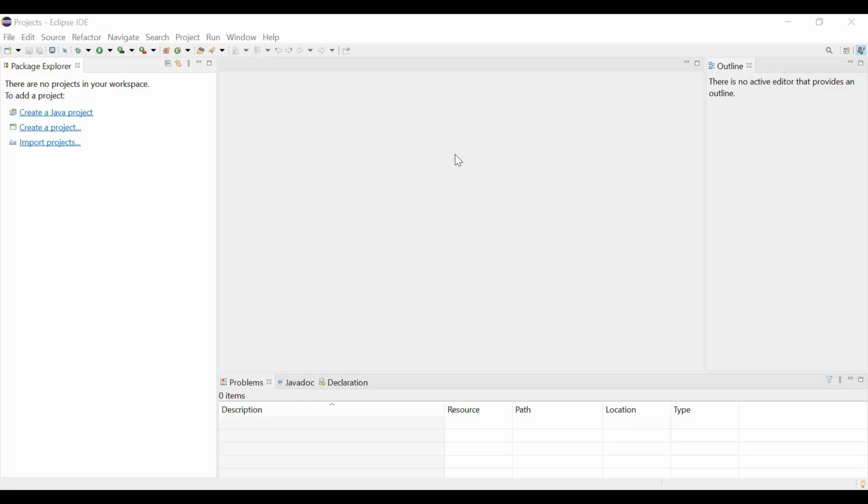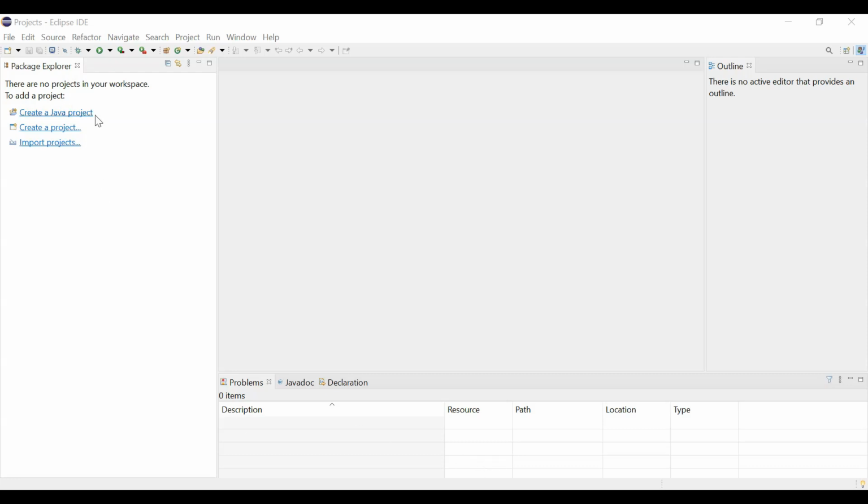So far, we have seen how to install Java and Eclipse. Now it's time to create our first Maven project. Before that, let's understand how this console looks. There are various options over here, and this is Package Explorer. Once we have created our projects, we can see the list of the projects over here. We can even explore the content of each package or each project. Whenever we open any file, that file opens over here, and here we can see if there are any bugs in the code, or else the output of the code whenever we execute that program.